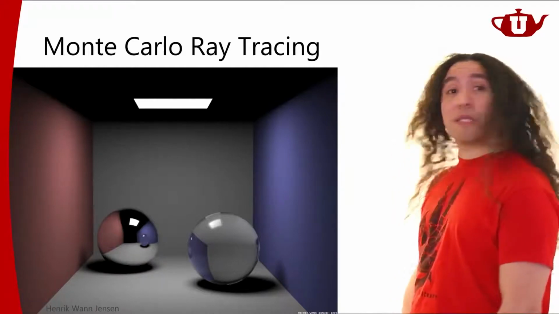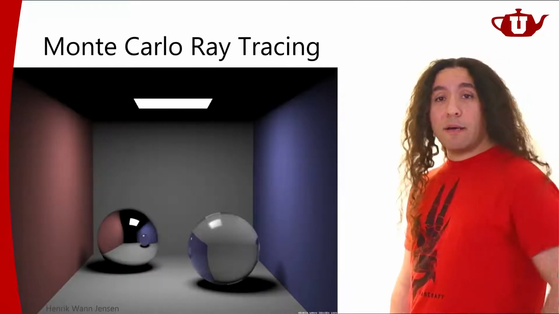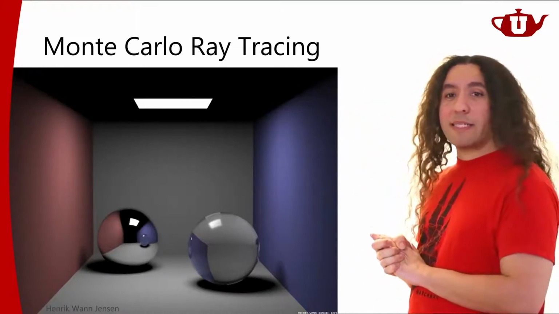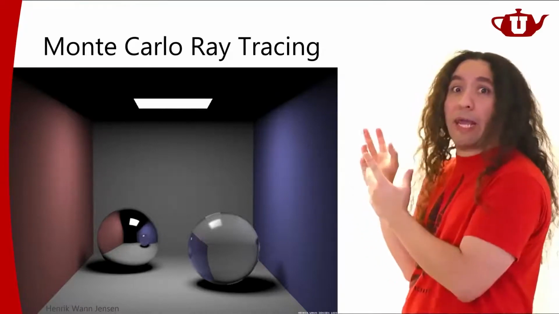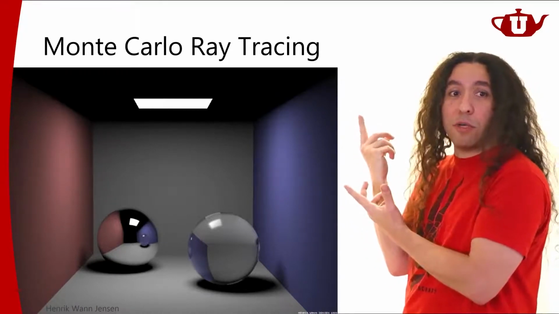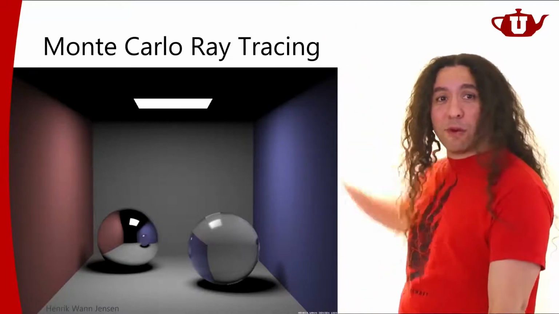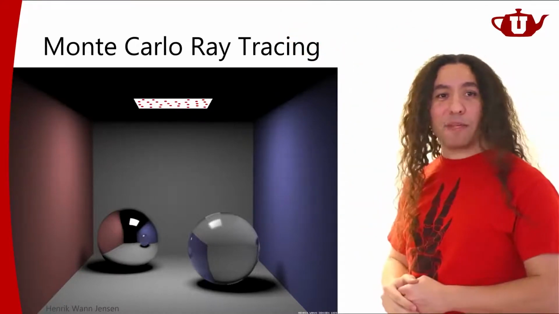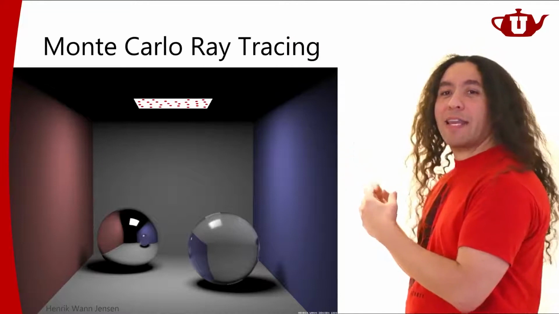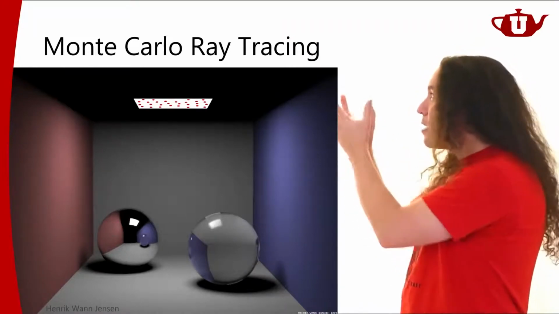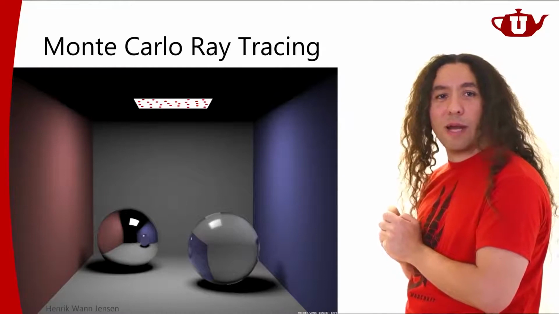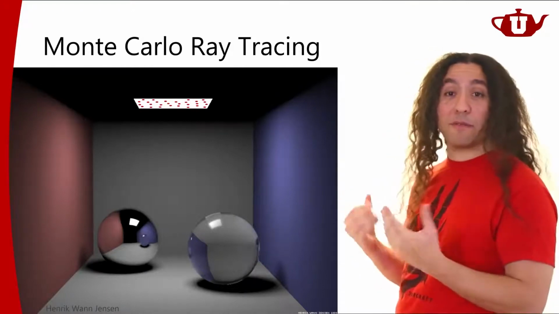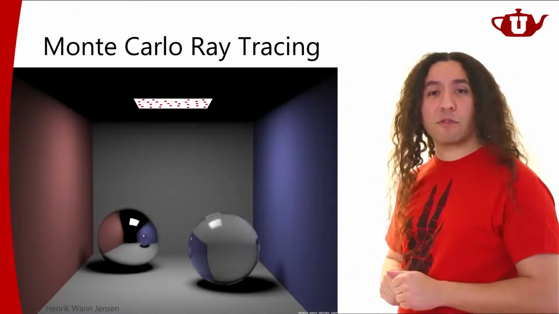So how do we compute this using Monte Carlo ray tracing? Well, if I have a point light, I'm sending a shadow ray to the point light and I'm sampling that. But how do I send a soft shadow ray to an area light? The answer is simple. We do Monte Carlo ray tracing. We pick a bunch of samples on the light source and we randomly sample that. So that's going to give us an approximation of the illumination coming from this area light, right? So we will do a Monte Carlo estimation there. That's going to be one way of computing these soft shadows, or shadows from area lights.